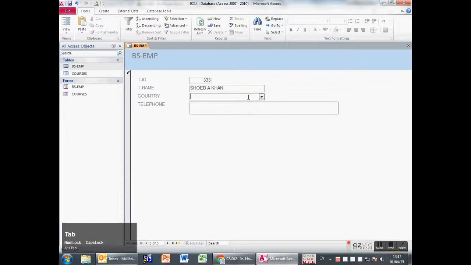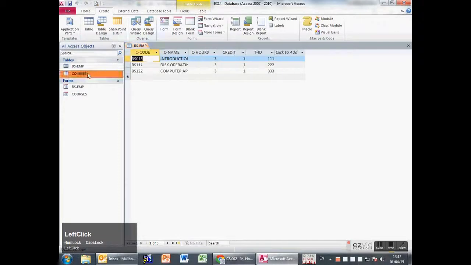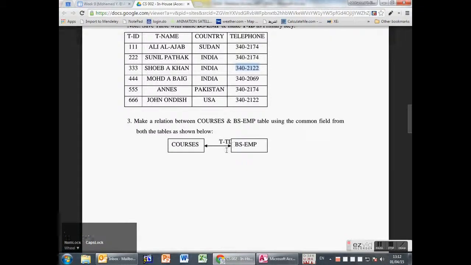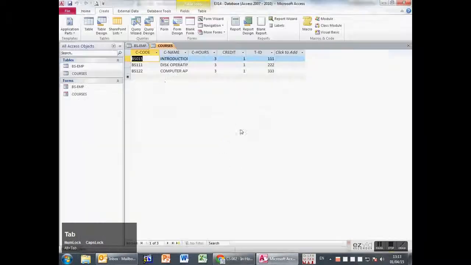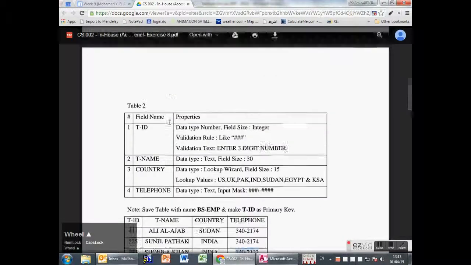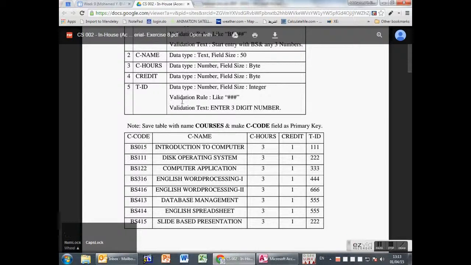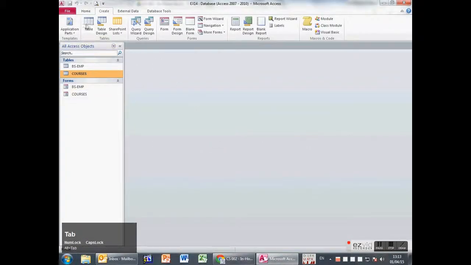And I have to stop at 3 because I'm going to link these two. Remember that when we create a relationship, there are some conditions that need to be verified. Remember that? No? Not sure? Okay, so let's have a look. This is our table. This is the bsempt, and this is the courses. You notice that these two tables have something in common, which is this TID, right? This is where we have the TID as